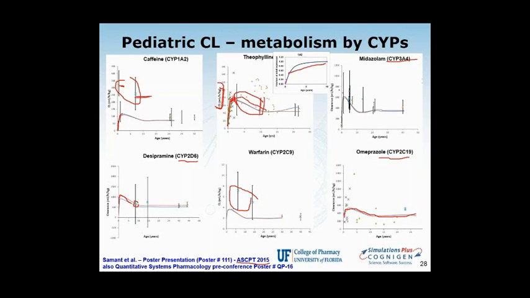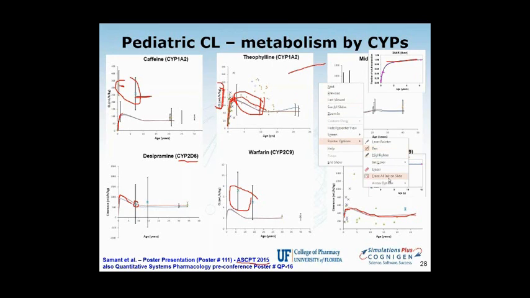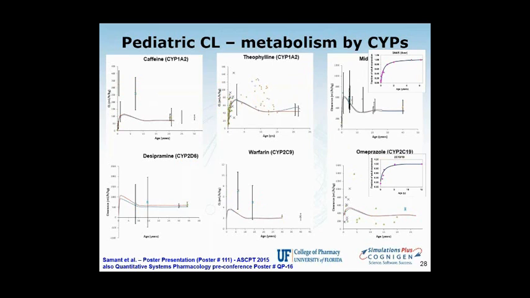While compared with the 3A4 and 2C19, these are those enzymes which were very nicely characterized throughout the entire age continuum, so we don't have that kind of gap in the enzyme ontogeny, and ended up with better predictions of the clearances across the entire age.